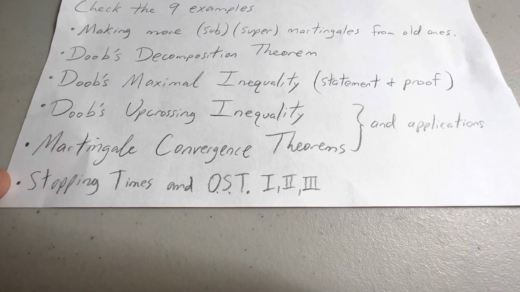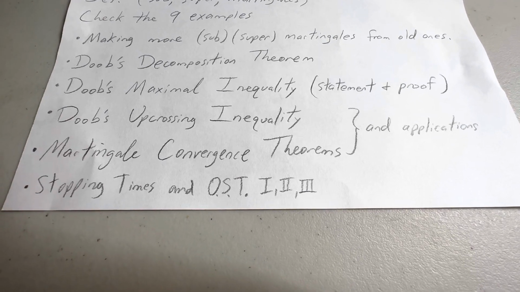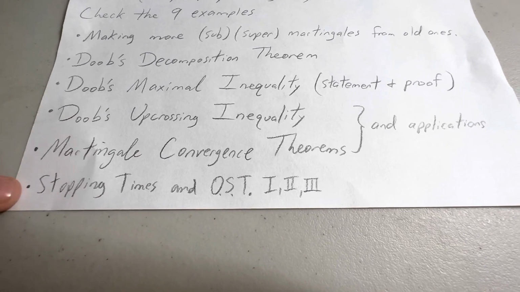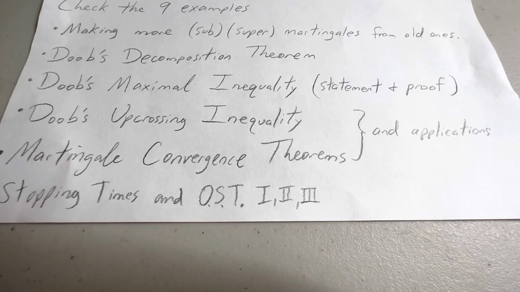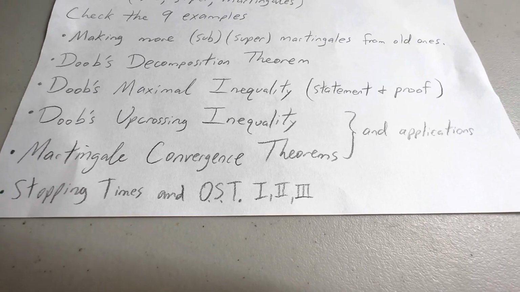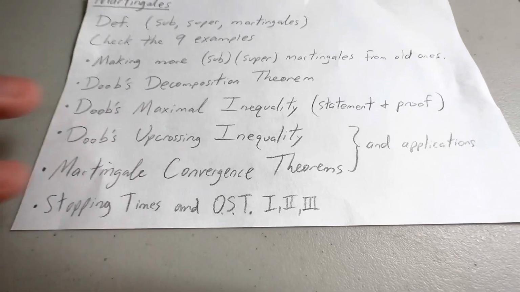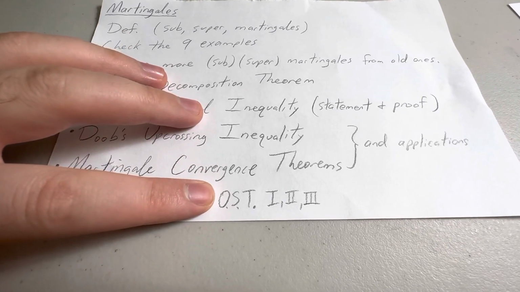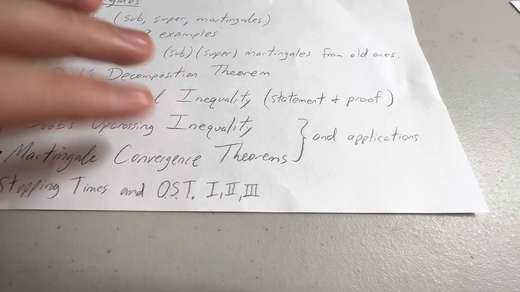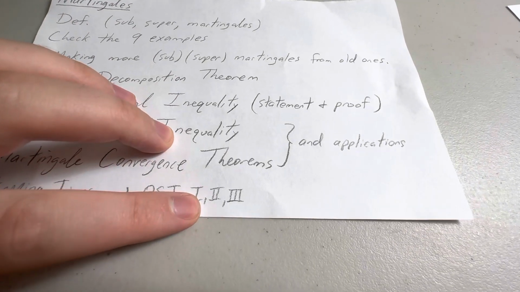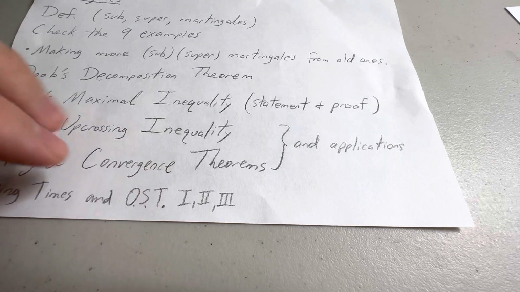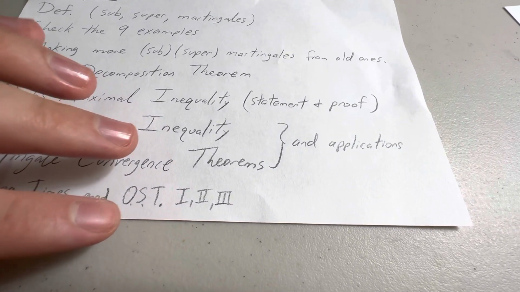But we've been talking a lot about stopping times recently, and I know he's going to put it on the test, and there's some homework problems, not very many, that deal with stopping times and the important theorems that follow, like the optional sampling theorems, I think they're called, and there's 3 of them. We just talked about 1 and 2 today at the very end of class, and we didn't get to 3,